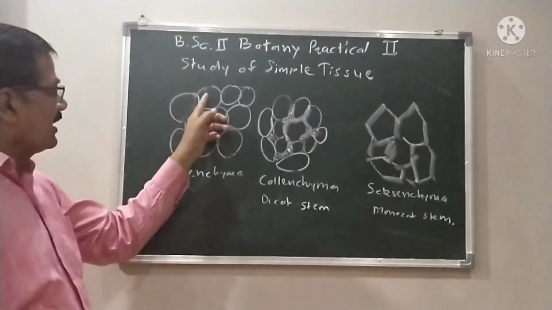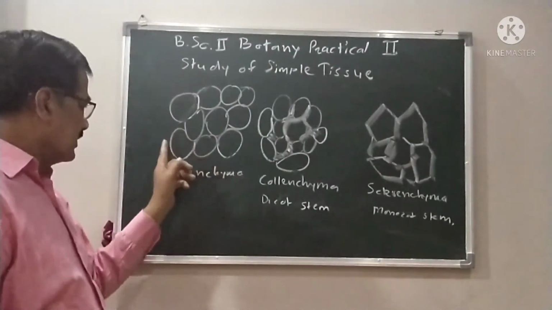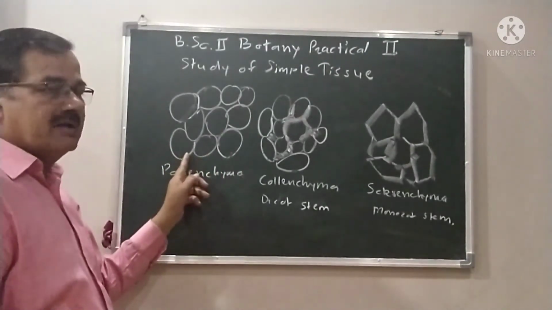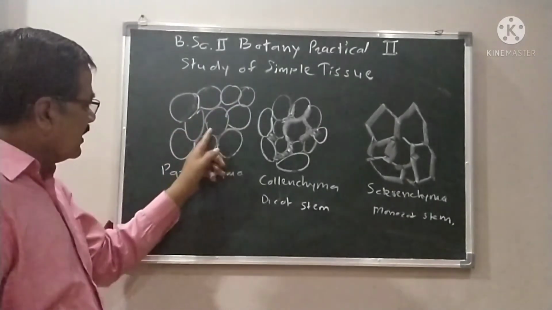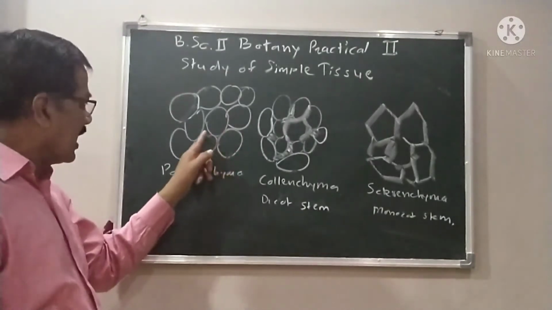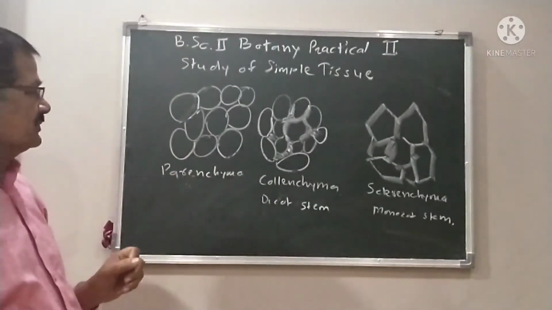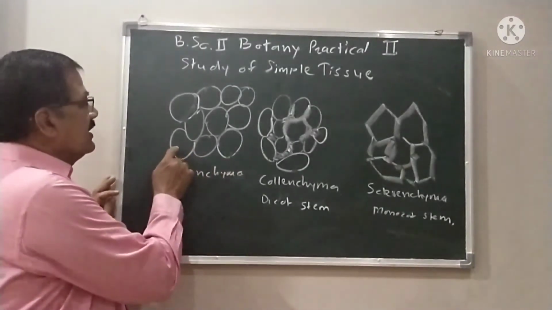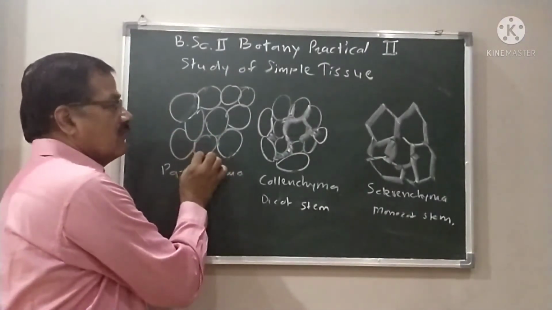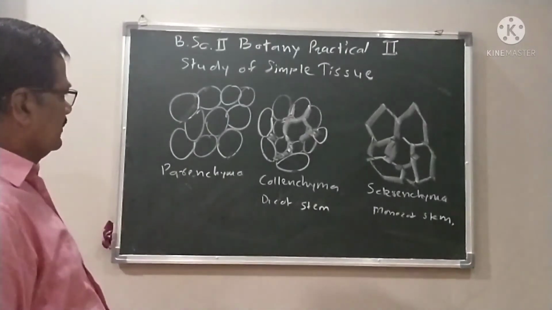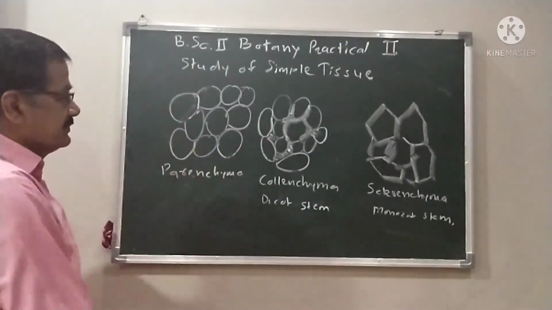In parenchyma, the cells are spherical to oval in shape. The cell wall is thin, made up of a cellulose layer. Every cell is loosely arranged, having many intercellular spaces. It is a living tissue. It consists of a nucleus, well-developed cytoplasm and small vacuoles in all cells. These are meant only for storage regions.